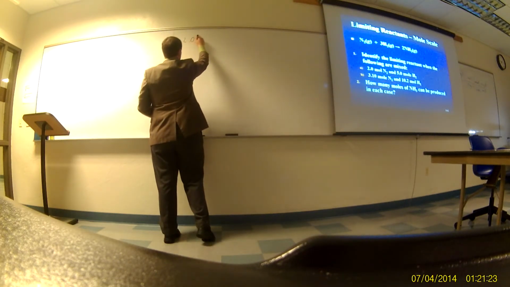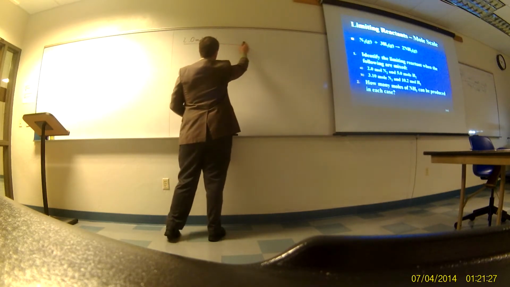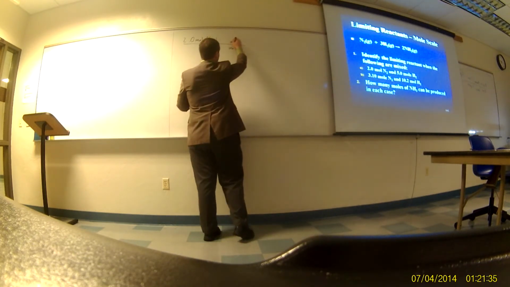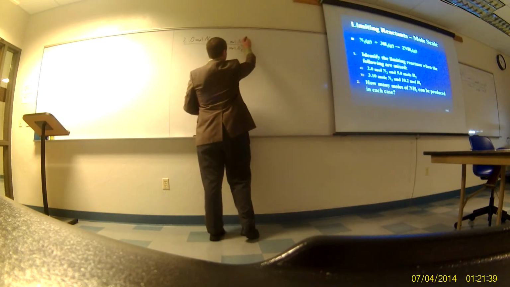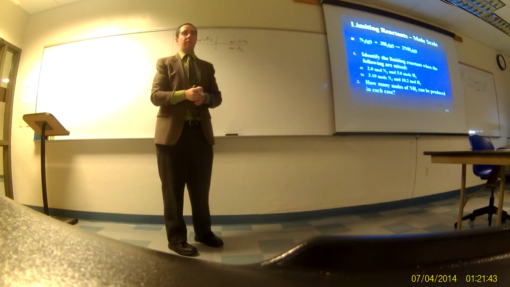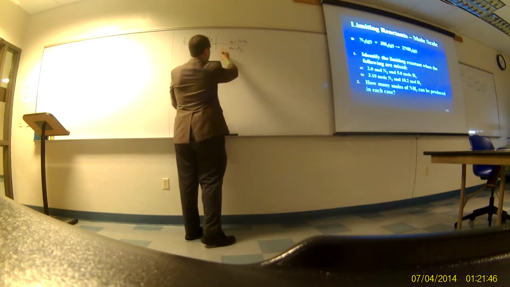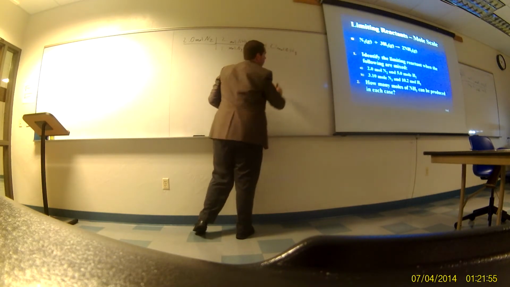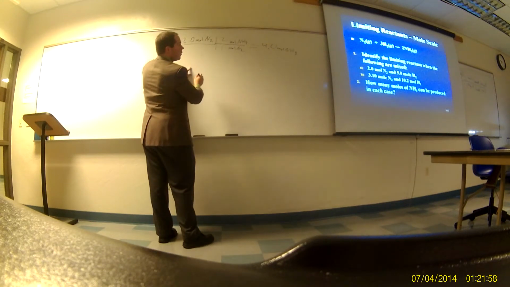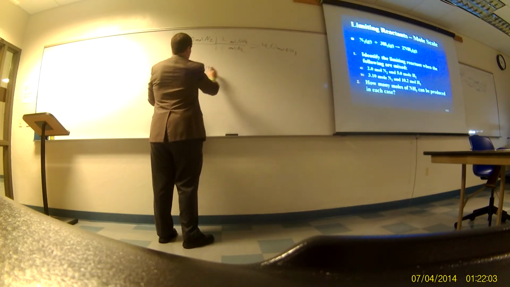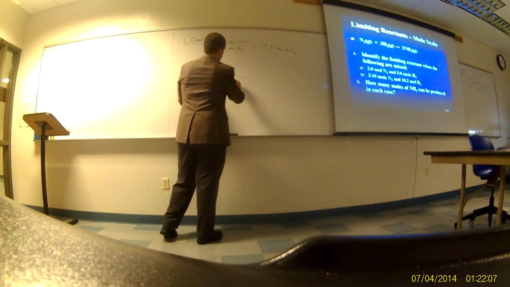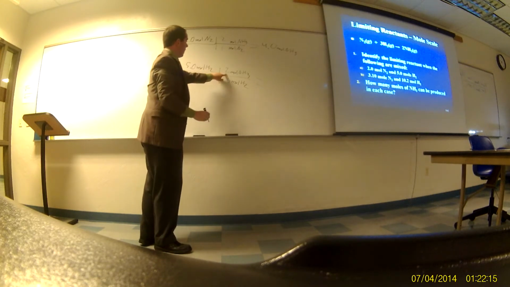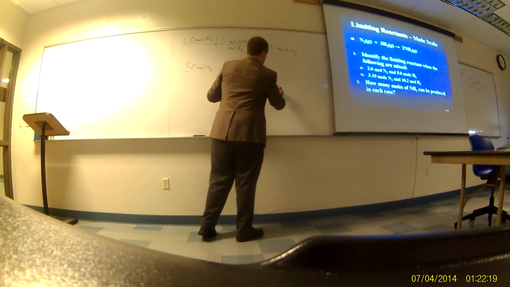So we have 2.0 moles of nitrogen. We're just going to do moles to moles. So moles of nitrogen to moles of ammonia. Figure out how much product you can make from each one. So this is just coefficients. N2 is a 1, ammonia is a 2. It's 4.0 moles of ammonia. And then we've got 5.0 moles of hydrogen. Hydrogen is a 3. So it's 5 times 2 is 10, divided by 3 is 3.33